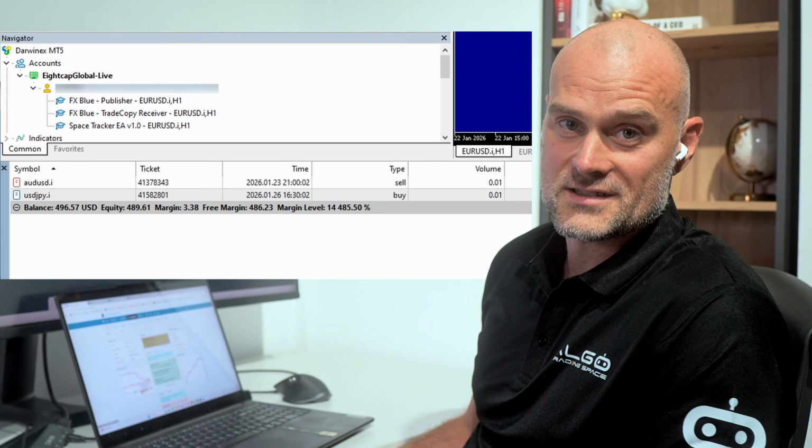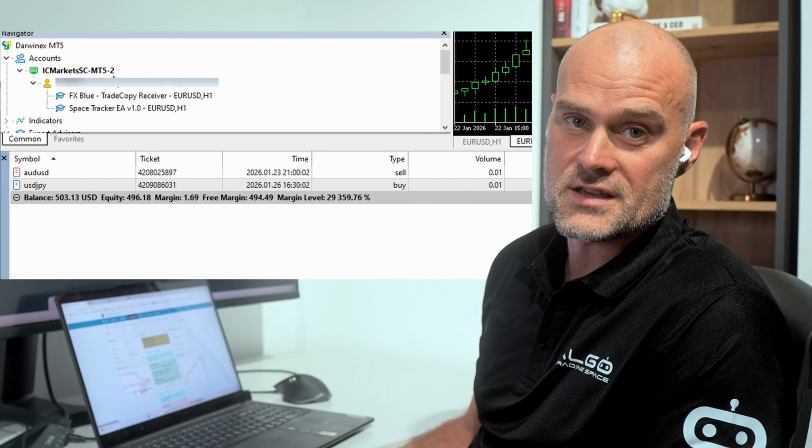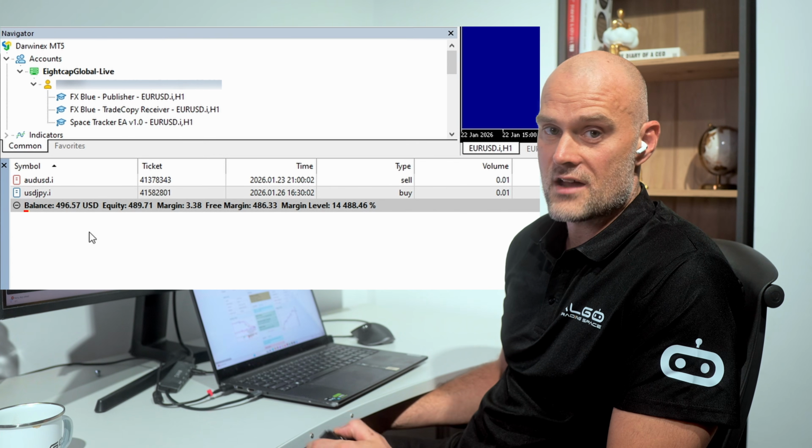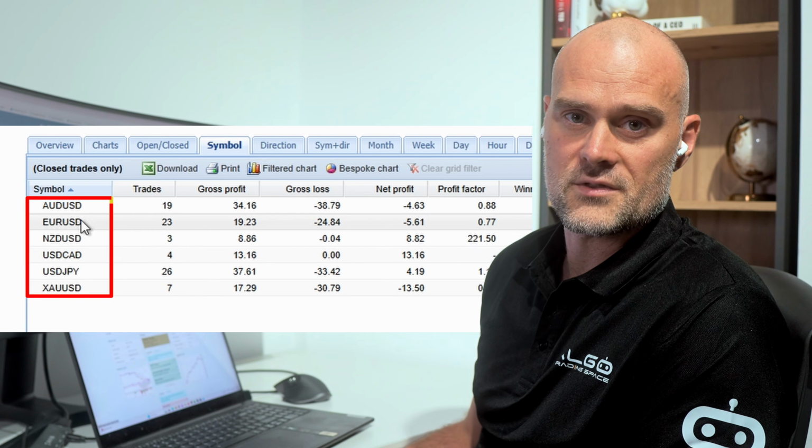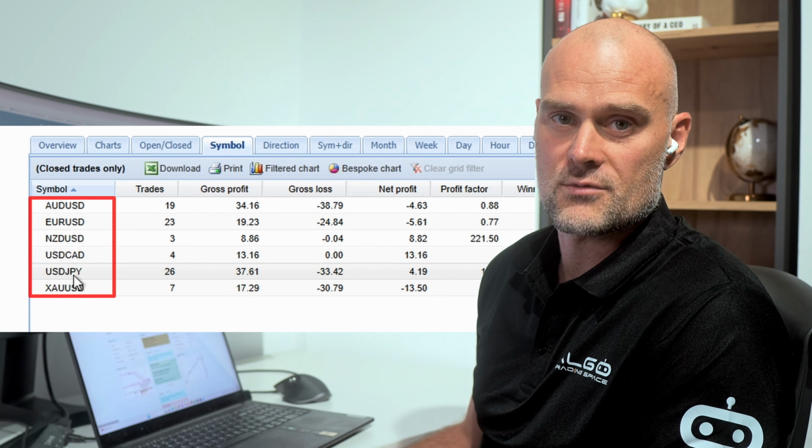So first, I place several EAs onto 3 small broker live accounts. Each has $500, and I've done this to test their robustness. Now, you could use 2, you could use 4, you could use demos if you really want rather than live. Live is ideal, but I understand not everyone wants to put real money on. I'm just saying that this can be tweaked a little bit, but I would try and stay as close to these principles as possible. And the reason I've done this is I wanted to see if they had similar performance